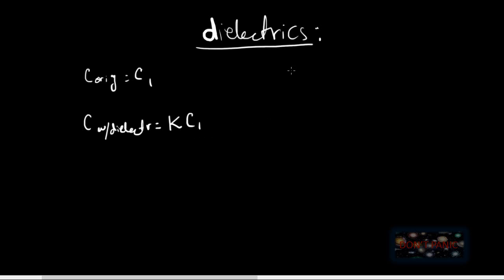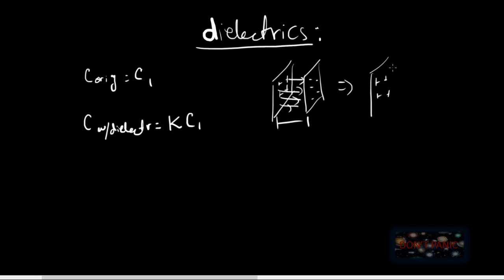Suppose you had a capacitor with some positive charge on one plate and some negative charge on the other. We're saying that the initial capacitance of this capacitor is C, because there are electric field lines between the two plates. What happens with the dielectric is that you have your positive plate and your negative plate, and you insert in some